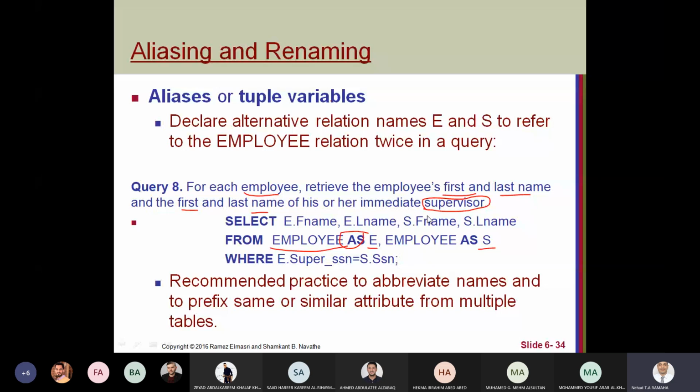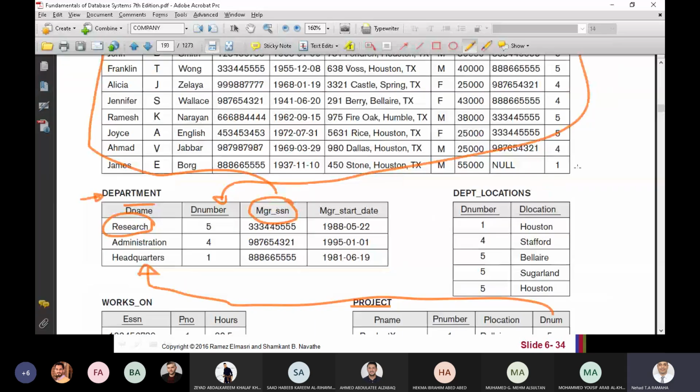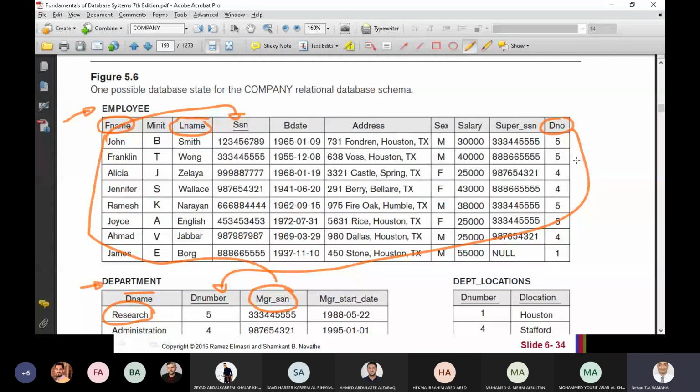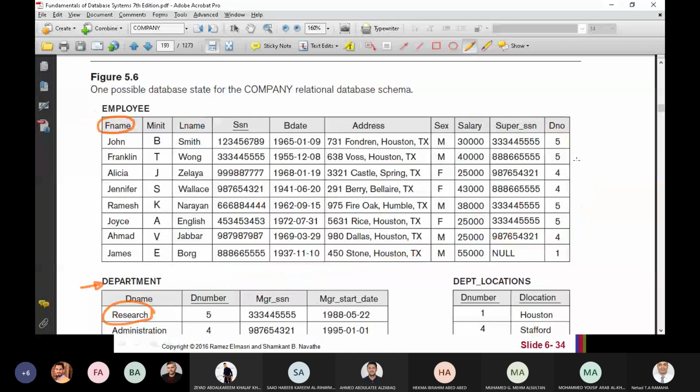If you check here. This is the employee. We define employee by SSN, yes. And its supervisor, we defined it by super SSN. So imagine we want to retrieve this employee and its supervisor.